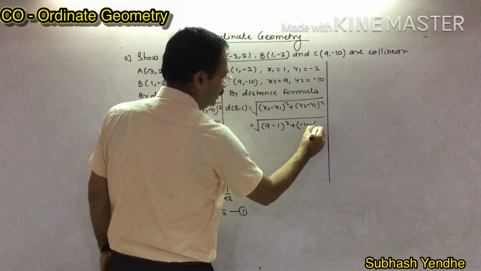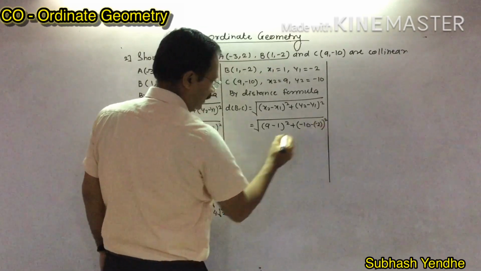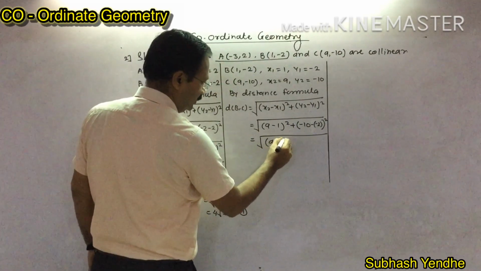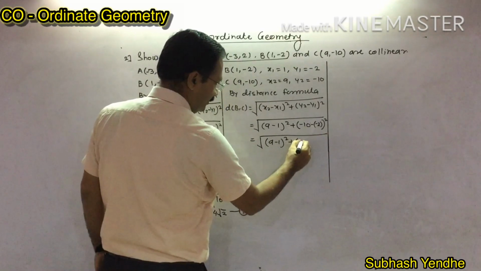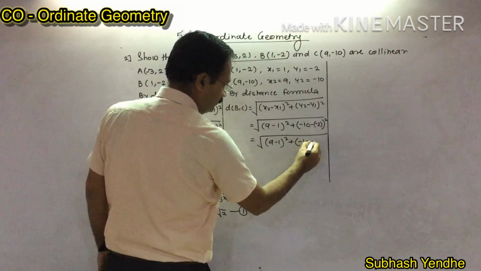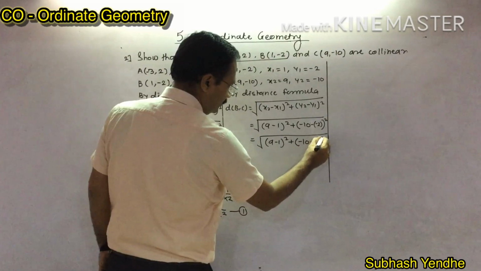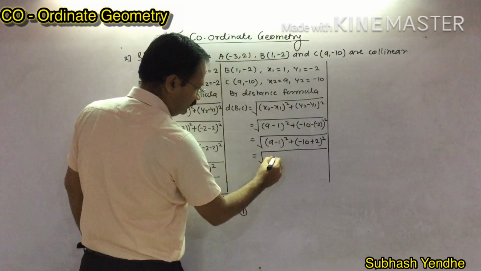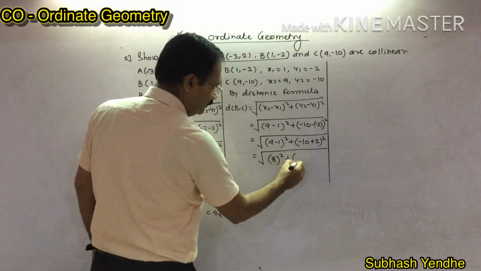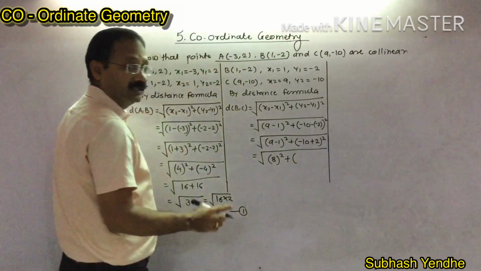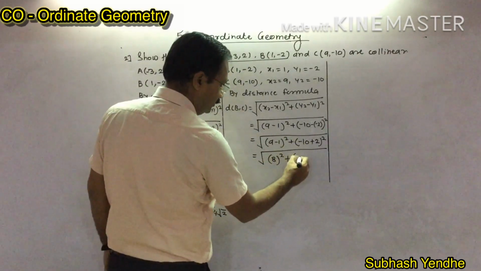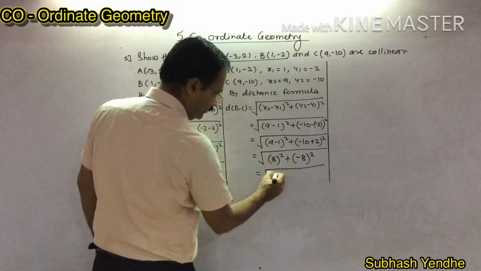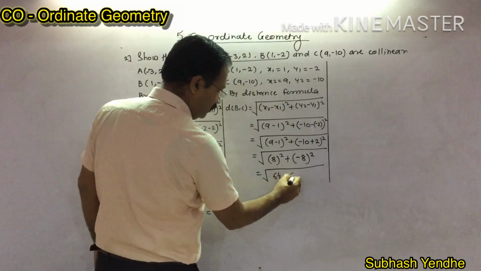So it should be in small bracket square. Then 9 minus 1 will be as it is, because we have to solve this bracket. Minus 10, minus minus, so it will be converted into plus. Okay? And then 9 minus 1 is 8. And then the signs are different, subtraction, give the sign of the larger number. So it will be minus 8 square. 8 square, we know that it is 64, and this is also 64.